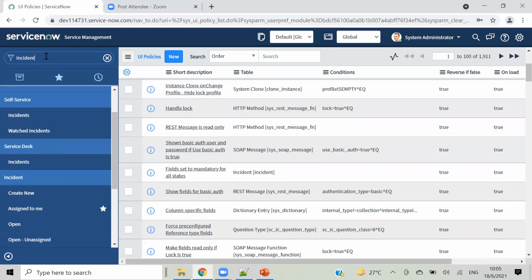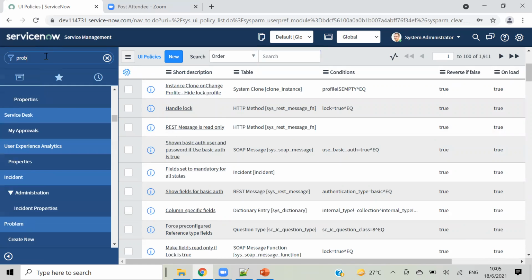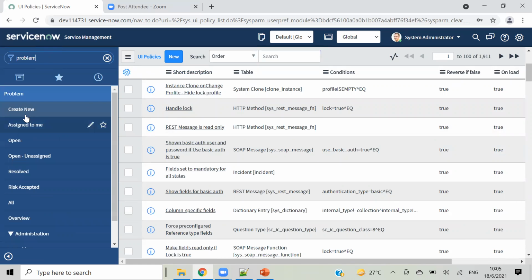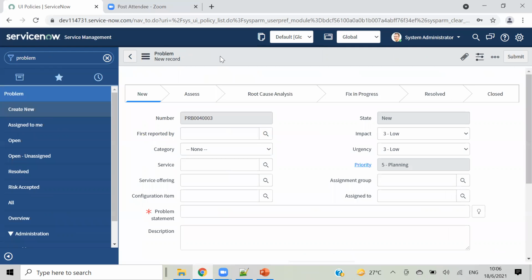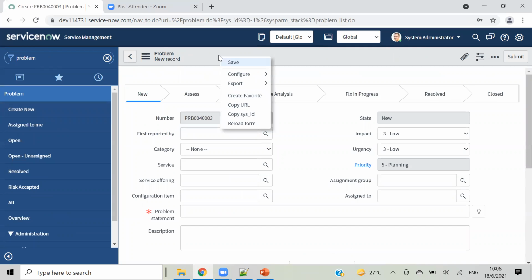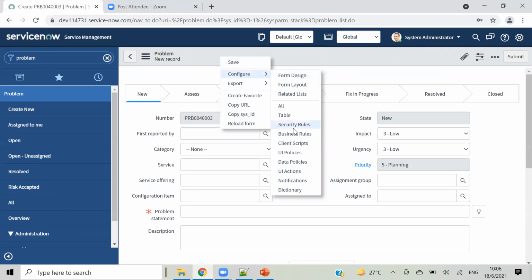Same thing if that is a problem ticket. Let this open. So this is my problem management, problem ticket. Go to configure and you can see all the scripting options here, like the security rules. This will be your list of ACLs on this particular problem ticket and its parent table.